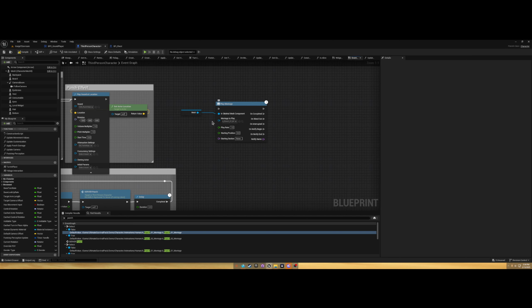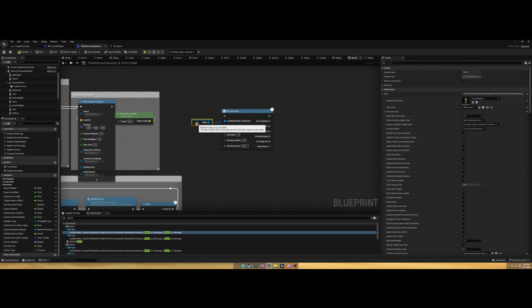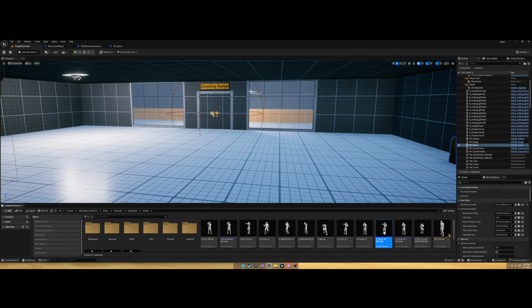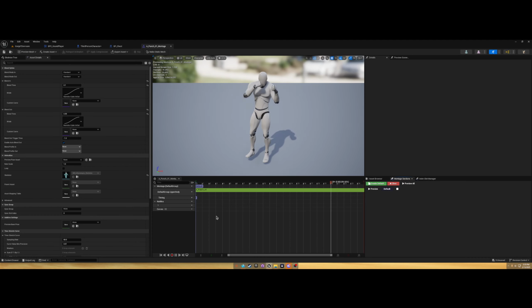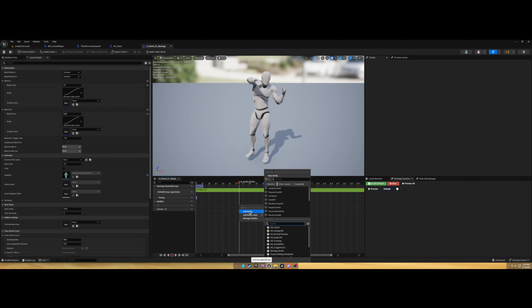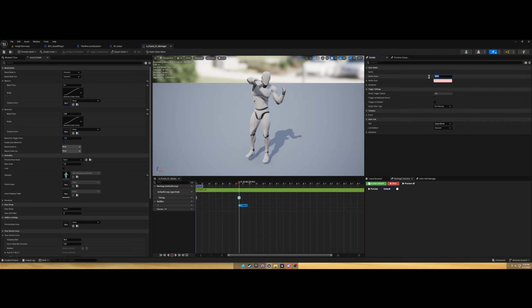Okay, so we'll leave this all as is. And now what we're going to want to do is open up that punch montage. Now wherever you'd want the impact point, say you want it to play a sound right here when it hits. Under notifies, you'll want to right click, add notify, and go montage notify. Let's call this hit. Okay, so once you do that, save it,